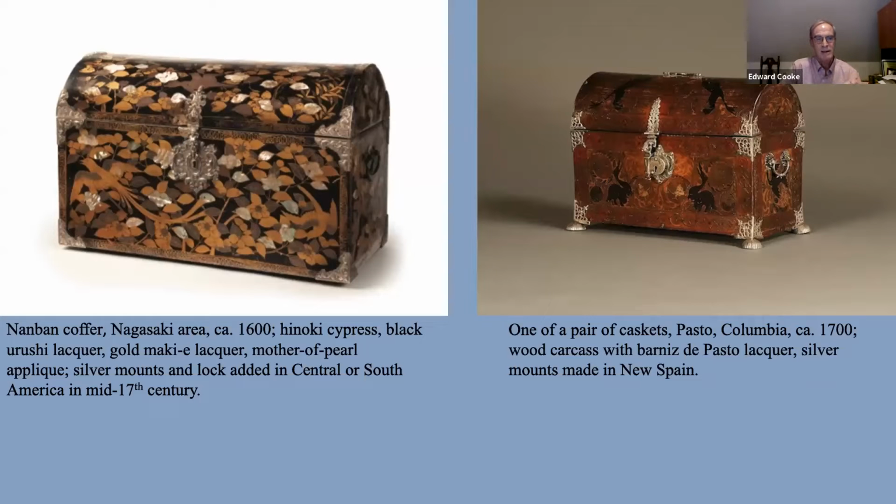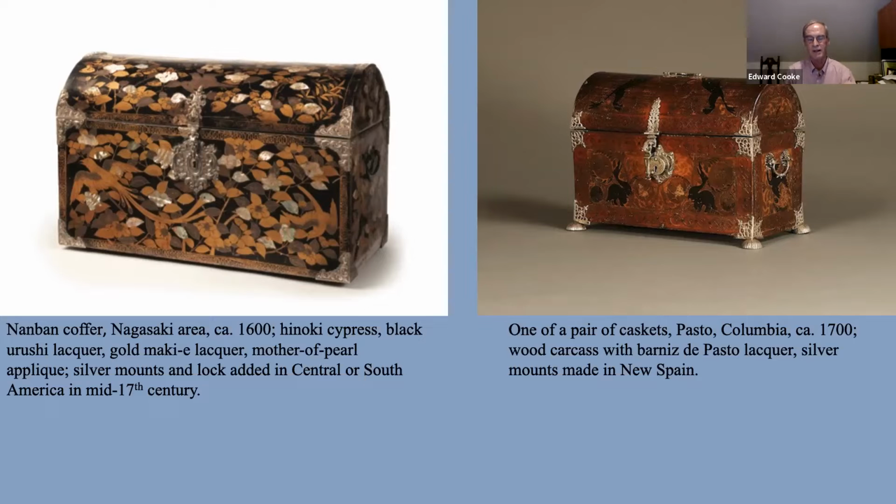The other thing that makes this a particularly interesting piece is that it was done and shipped at one point to South America across the Spanish galleon trade. And again, all these interconnected networks where the silver coming from Potosi in present-day Bolivia, or from some of the mines in present-day Mexico, were fashioned into these corner pieces, the lock, escutcheon, replacing copper, which was originally put on it in Japan.